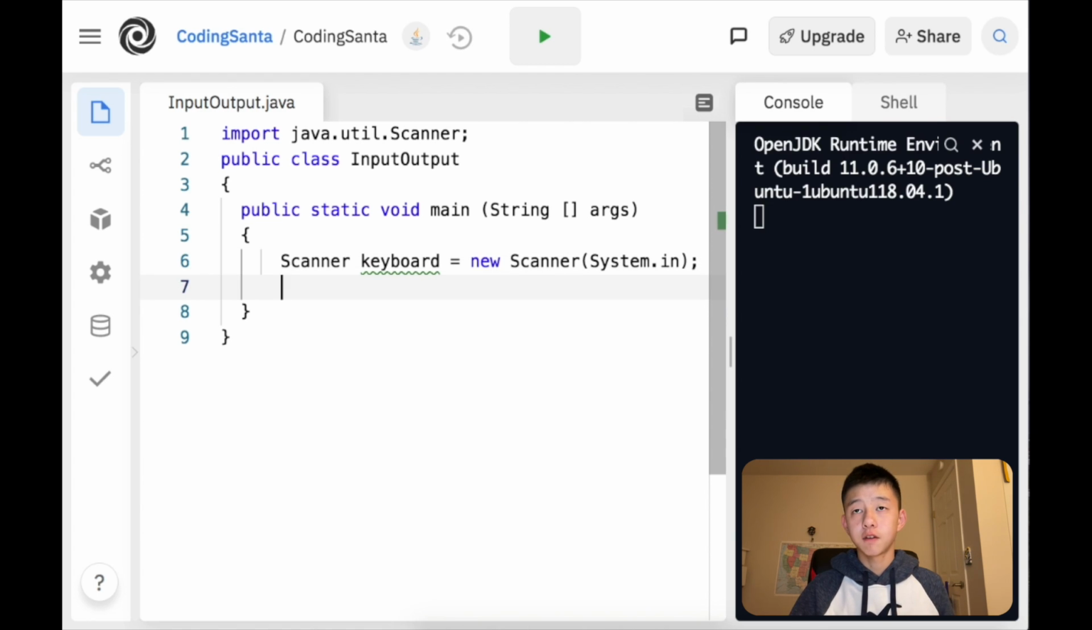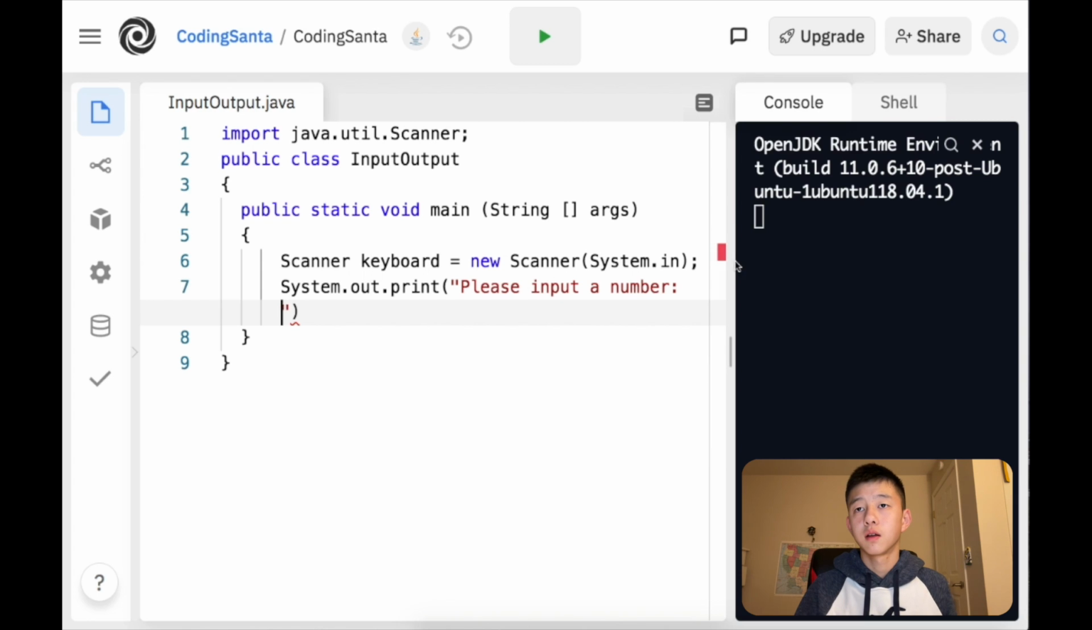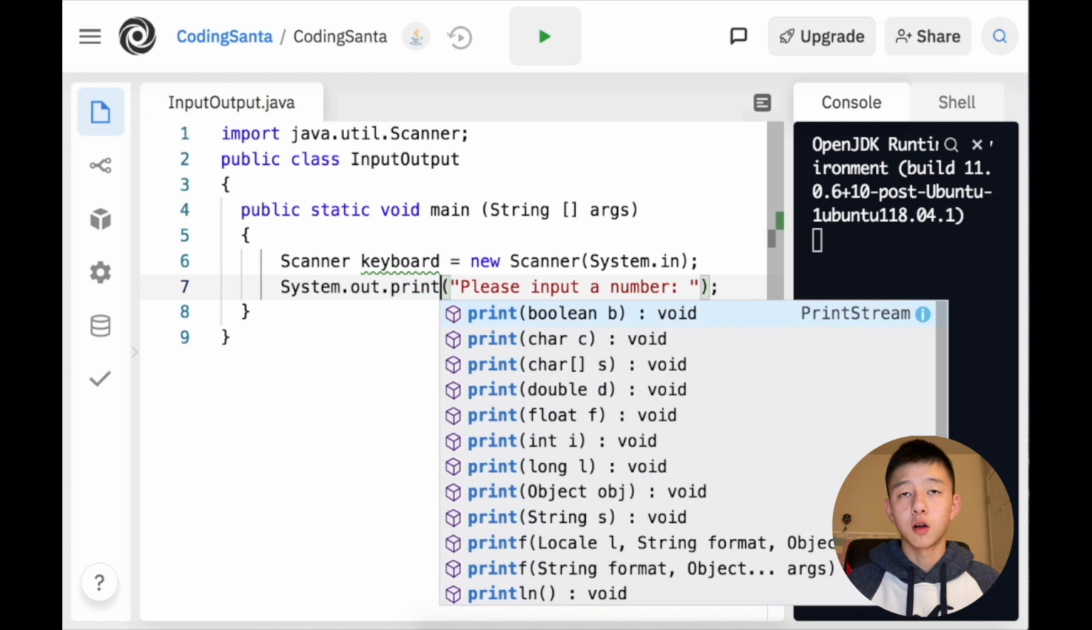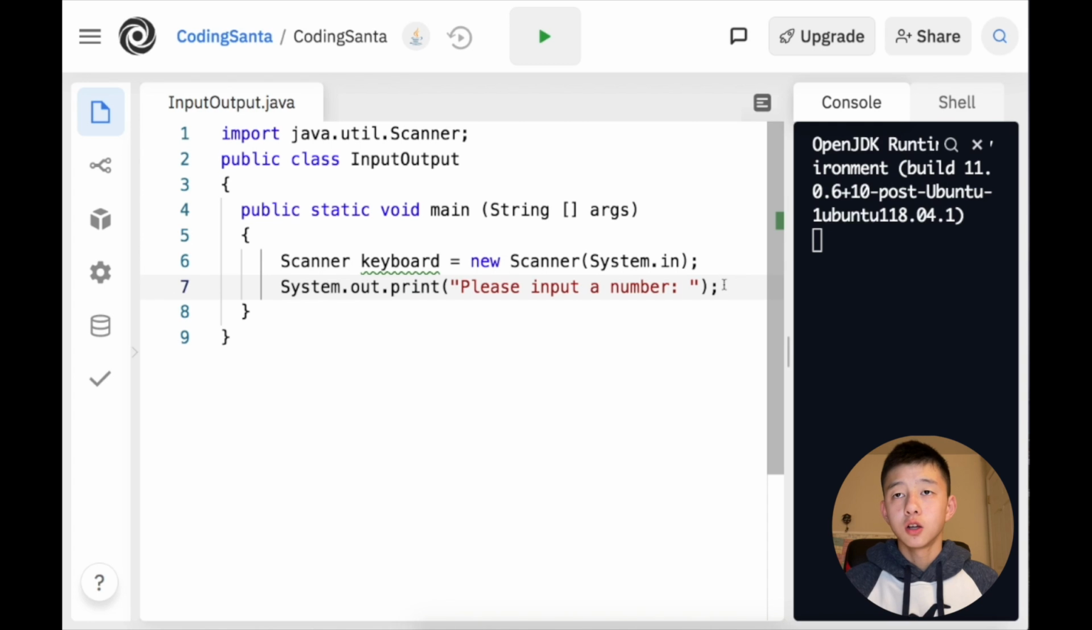Okay, so let's start off. How is this going to work? So first, let's prompt the user to input something. So let's system.out.print. Please input a number. And so the user can input a number. Keep it as print. So now the user is going to input a number. And then when the user inputs a number into the terminal, how are we going to take in this number? So we can use